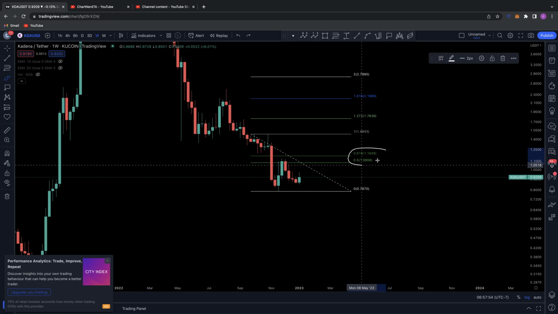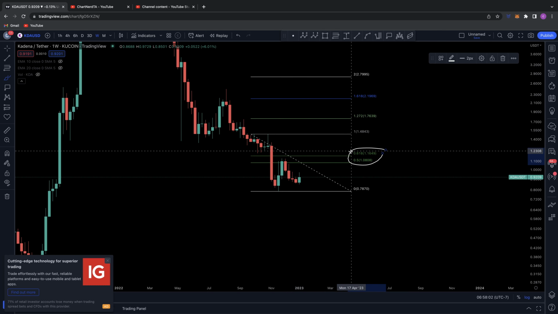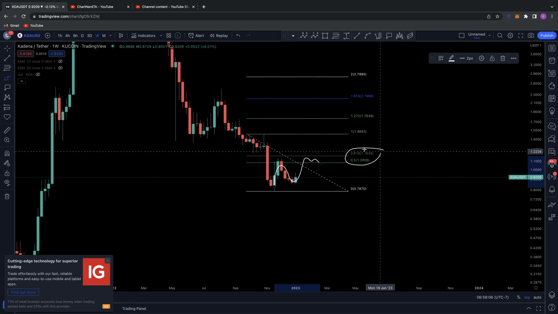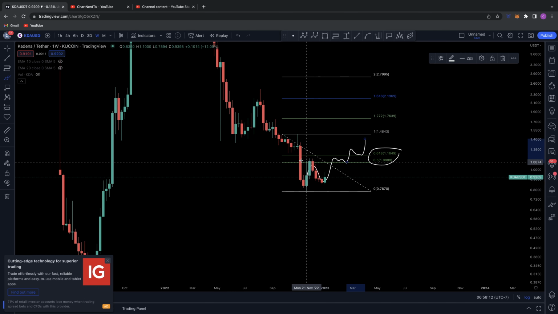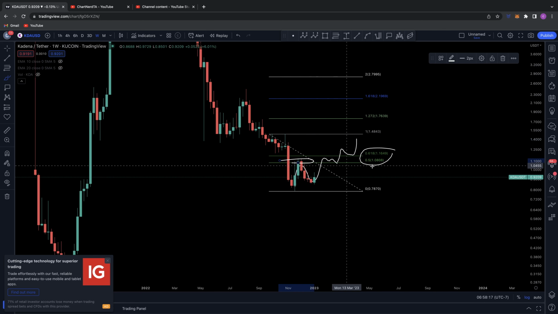Okay, so we need to close above 90 cents, around 92 cents this week to get some confirmation that this is a higher low and you're looking to attack these areas again. Until you start seeing yourself close above this golden pocket here, okay, the 0.618 and the 0.50, we can't be that bullish. Okay, we have to see ourselves break through that. That is key resistance moving forward, and you can see it's where Kadena met resistance last at around the $1